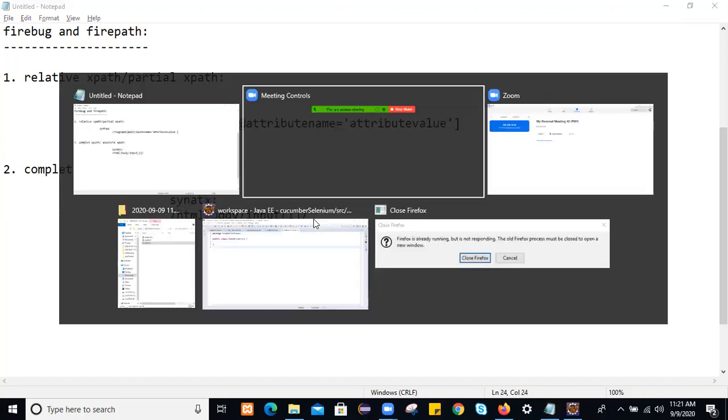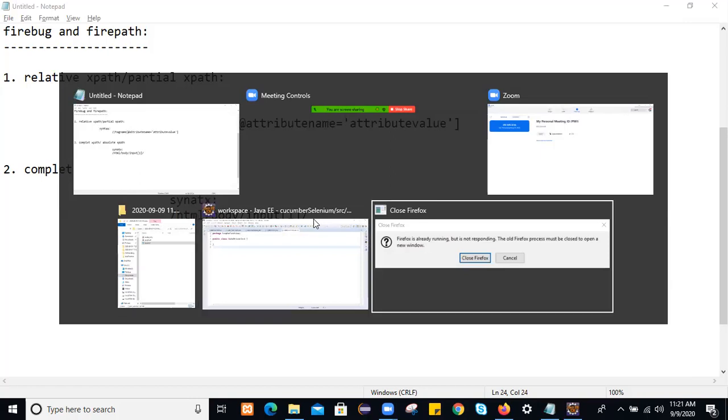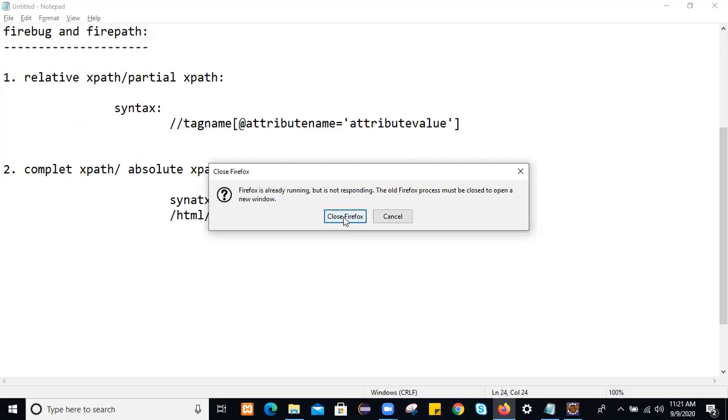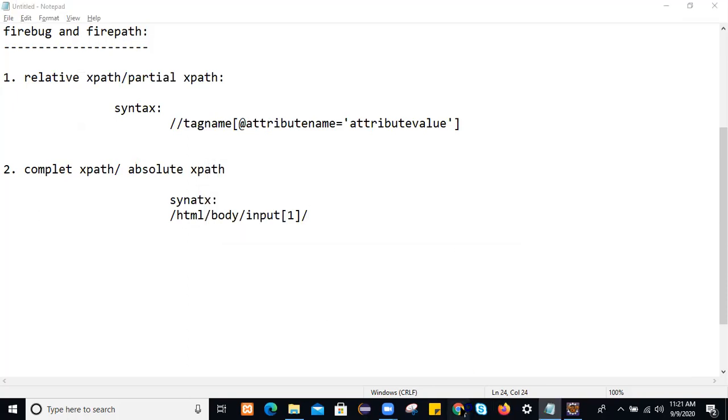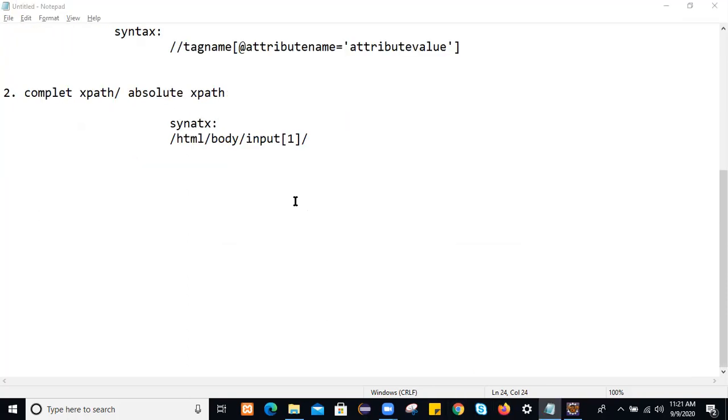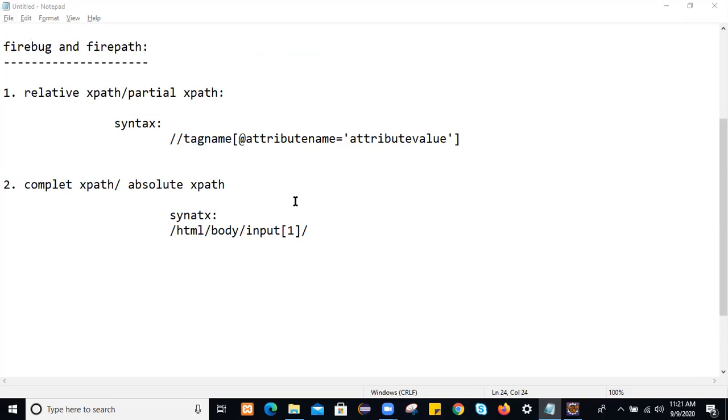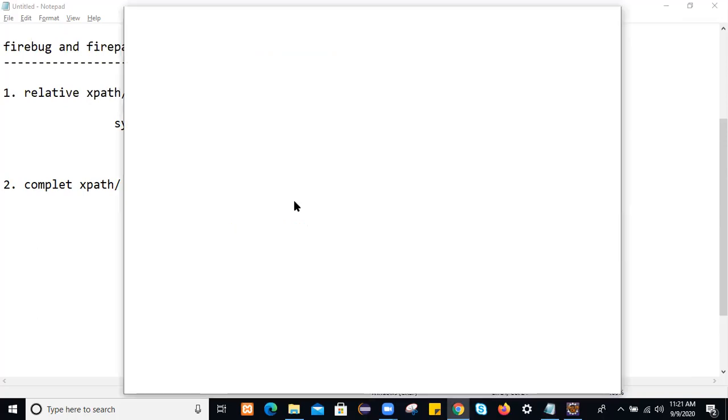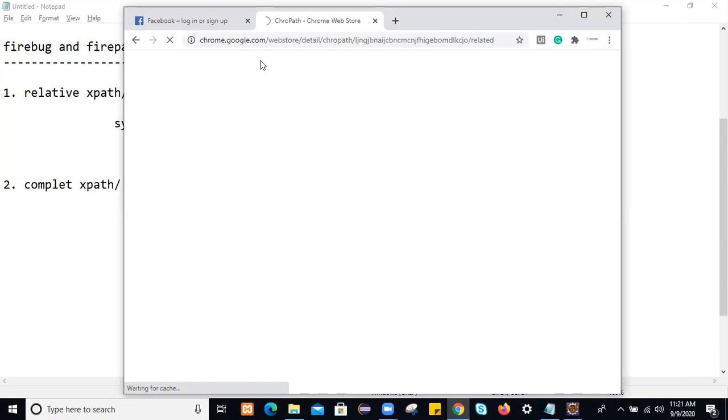So for any HTML page, let me go to it. I will close Firefox, open Chrome, and show you how to generate this XPath using ChroPath. Just go to the page and let's navigate to this Facebook page.